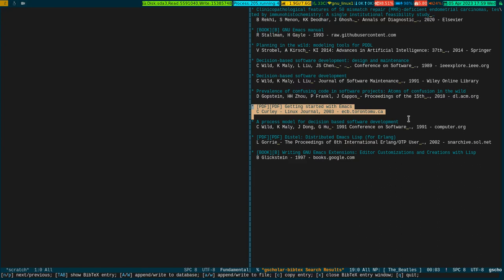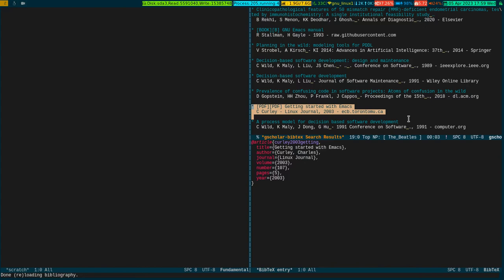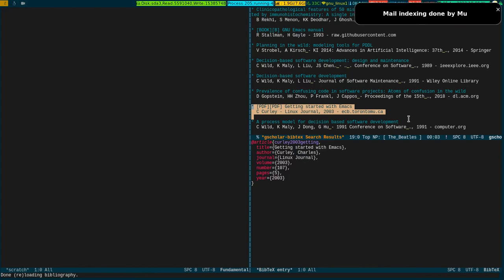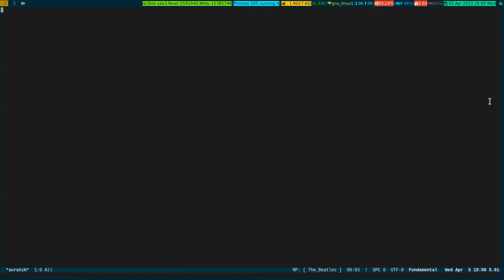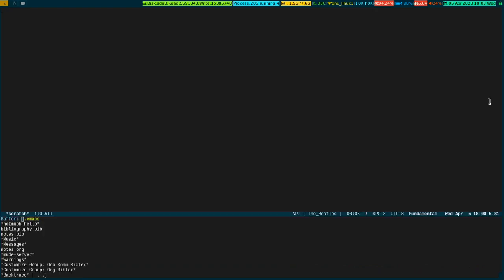For that I have to press capital A for append, capital W for write. For this I'm just going to press A. See, this is the BibTeX entry of that particular article, written in Linux Journal in 2003. Now if I close it by pressing Q, and go to my main BibTeX file